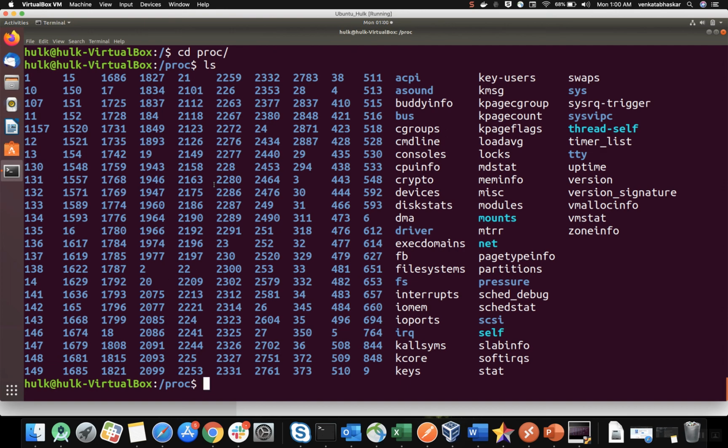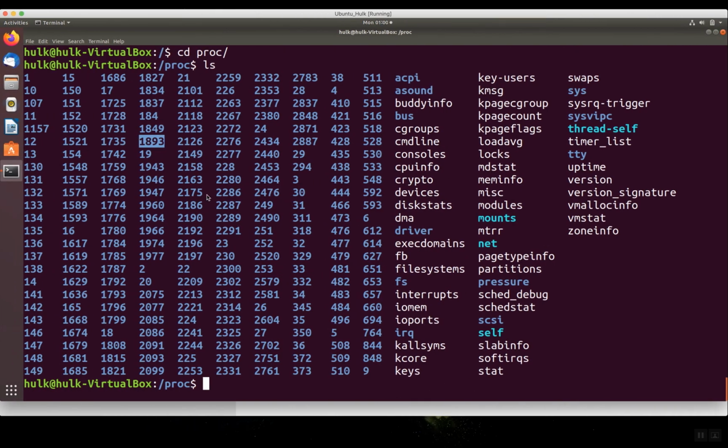That process ID, PID, is a unique ID, so this folder is one PID, a unique ID. For every process one folder will be created. In Unix, dark blue color indicates a directory. All process information is available inside here.